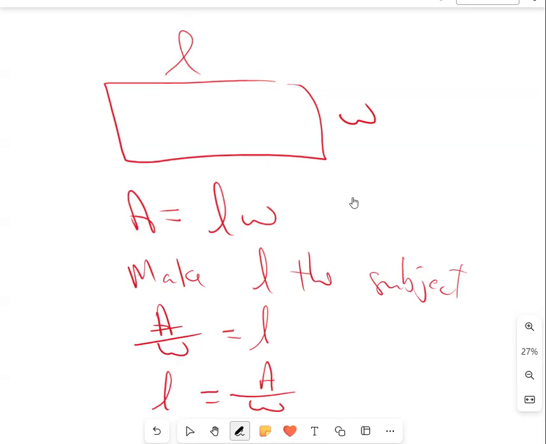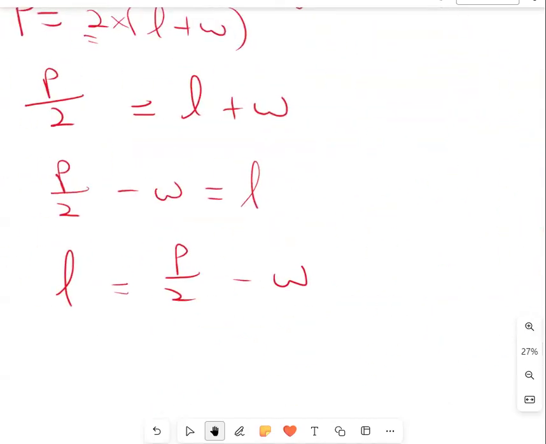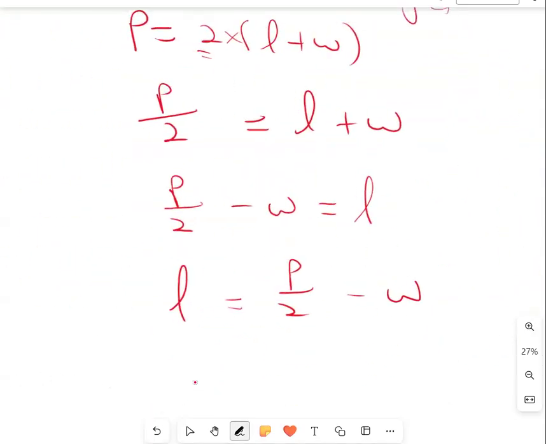It depends on how these unknowns are connected. In the previous one, let's go back to it. You had 2 multiplied by this whole bracket. To get rid of the 2, you have to divide because it was multiplied here. After you have done that, these 2 are connected by addition, so you have to subtract to get the W out of here. Right? In a similar way, if you look back here,